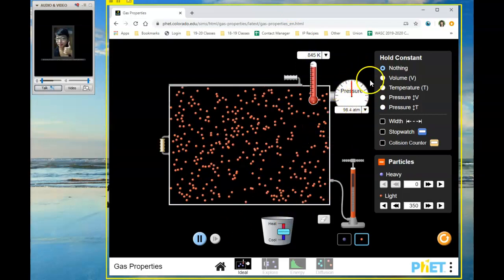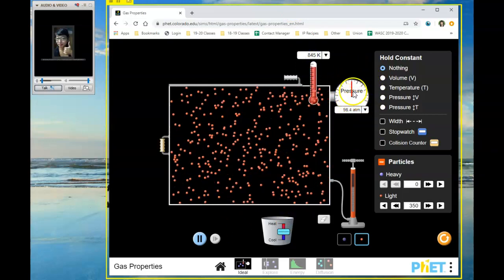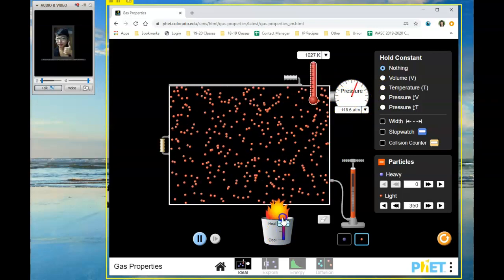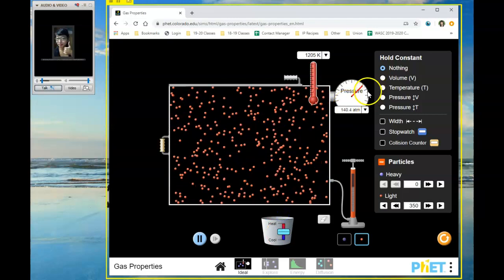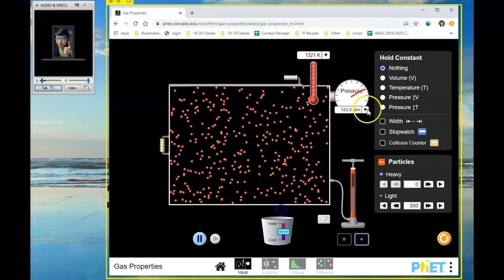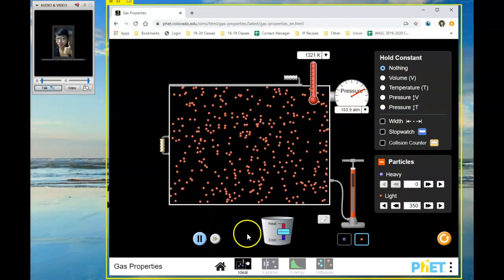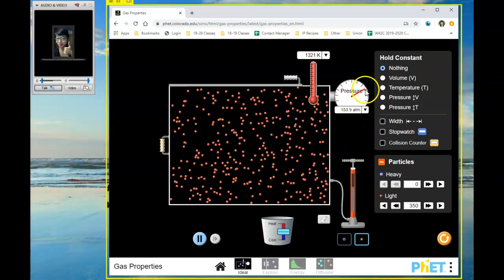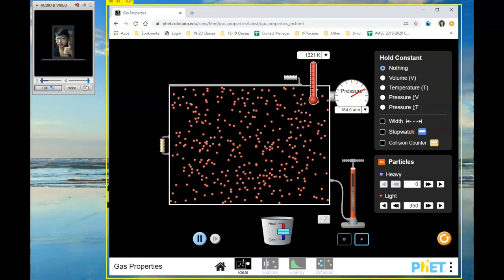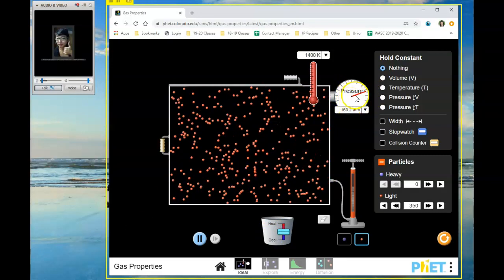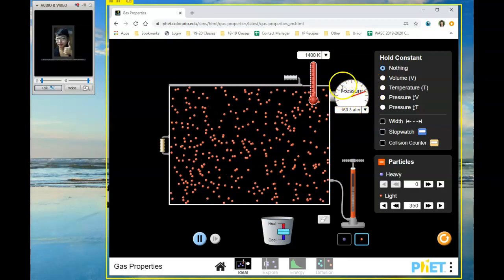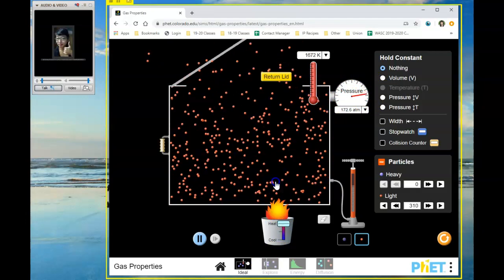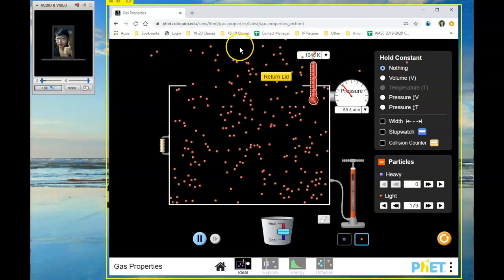Now what I want you to notice is watch this pressure gauge as I continue to add higher and higher temperatures. What's happening to the pressure? As it gets hotter and hotter, what's happening to pressure? Yes, they move more and more, faster, faster, faster. And therefore, what's happening to pressure, to collisions? Yes, it's increasing. You can see that it's moving upwards. You can see that this gauge is increasing until at some point it gets so hot that what happens to our container?